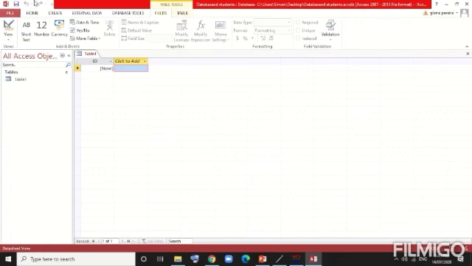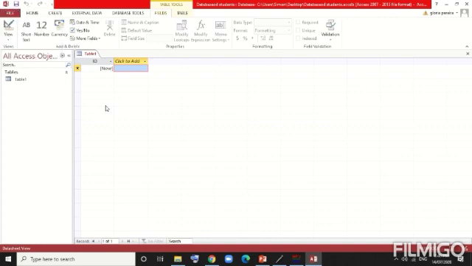So this is the window of your Access. Now in this you have the title bar. It appears at the top of the window and displays the name of the active database. By default, it displays the path to the folder where the database is stored. It also provides the tools for managing the program and the program window. At the left of the title bar is the program icon, the Access icon. When you click on this, you get options like restore, move, minimize, maximize, and close.